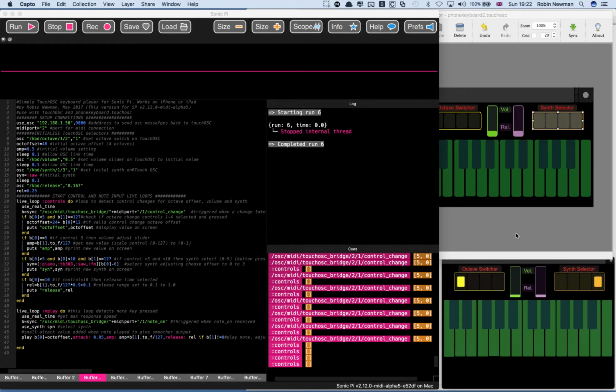Hi, and welcome to this video in which I explore the use of a virtual keyboard produced on TouchOSC running on an iPad, or it could be on an iPhone, connected to SonicPi running version 2.12.0 MIDI Alpha 5. This is in fact the latest cutting-edge development version from GitHub, but some of you, if you support Sam Aaron